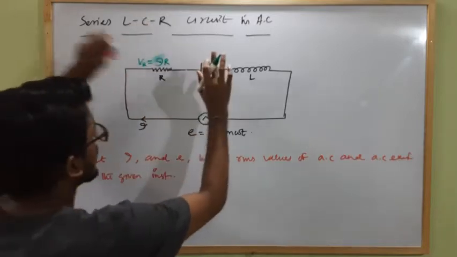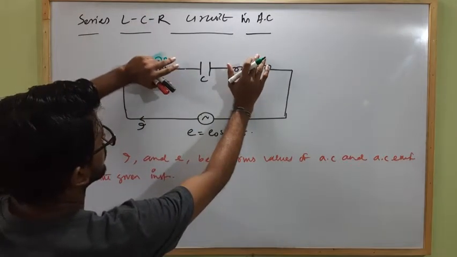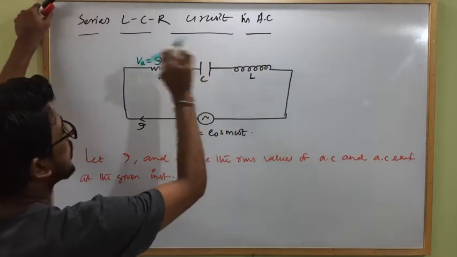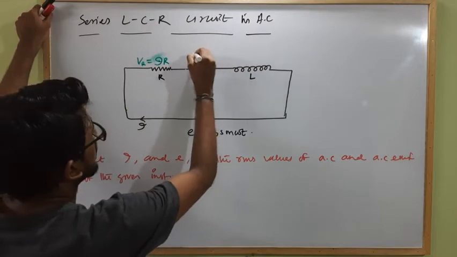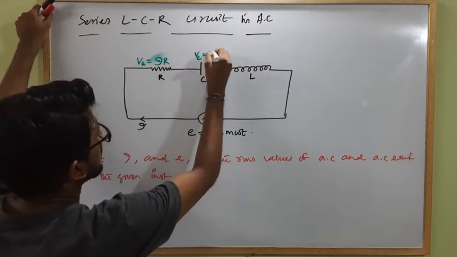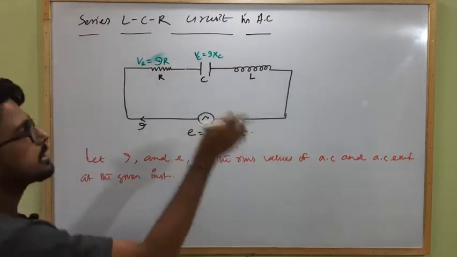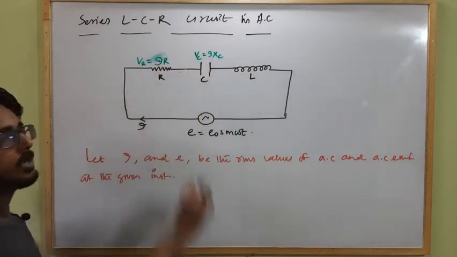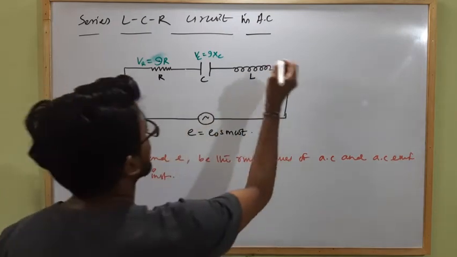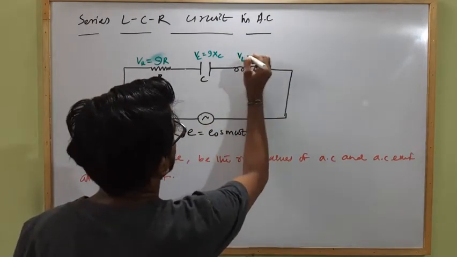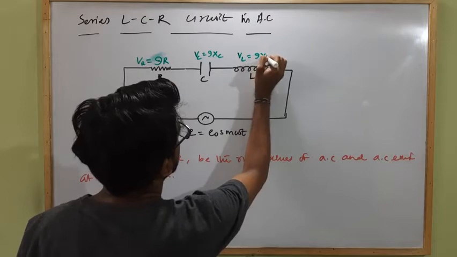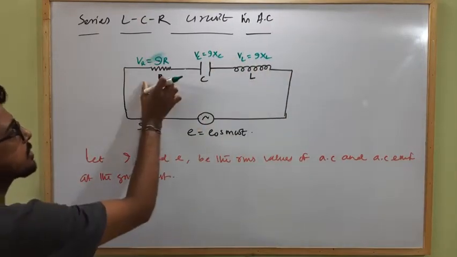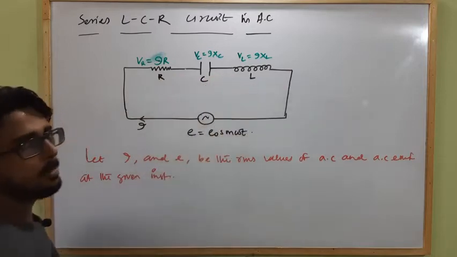Clear? Similarly for a capacitive circuit, if we omit these two, the same current is flowing through it, then what is the potential difference across a capacitor? It will be, let be VC, equal to I into XC. XC is the capacitive reactance, the resistance offered by a capacitor towards the flow of an alternating current. Similarly for the inductive circuit, VL is equal to I into XL. Clear? So these are the potential differences across the resistor, capacitor and inductor.